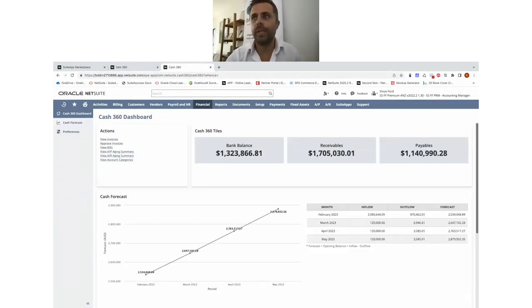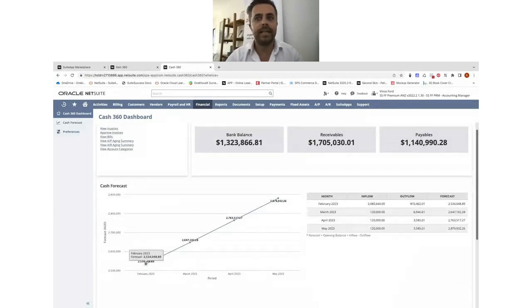So on the dashboard view, it gives me a quick view of the total bank balance, the AP and the AR, and then I can also drill down into any particular invoices, approve invoices, view bills, view the AR, AP aging, and the like. And then I can also take a quick look at the actual cash forecast. In this case, it's based on a monthly view, and I can look at the ins and outs and the